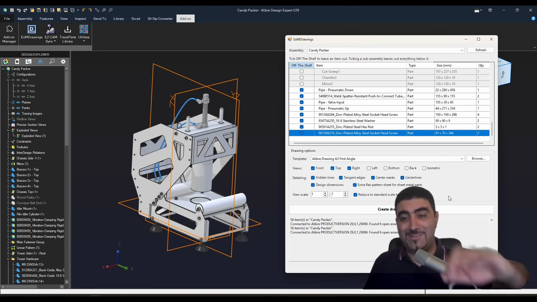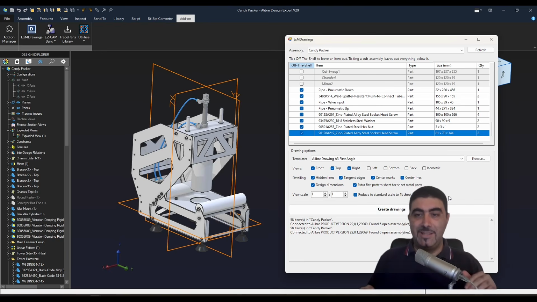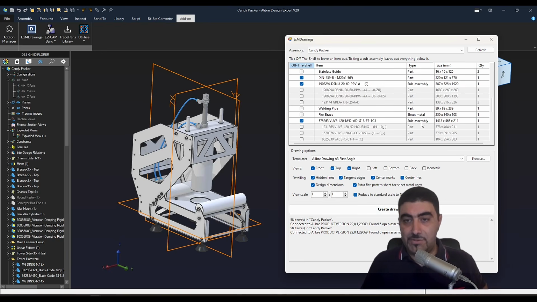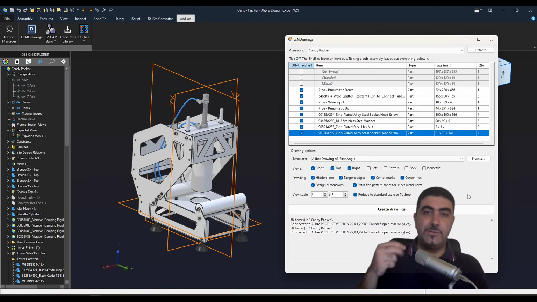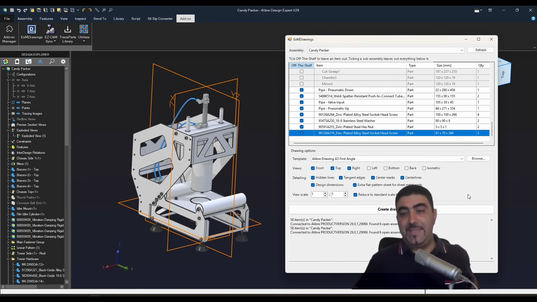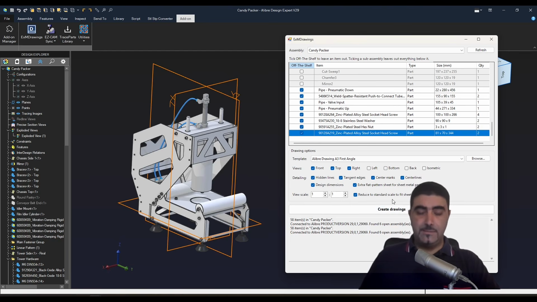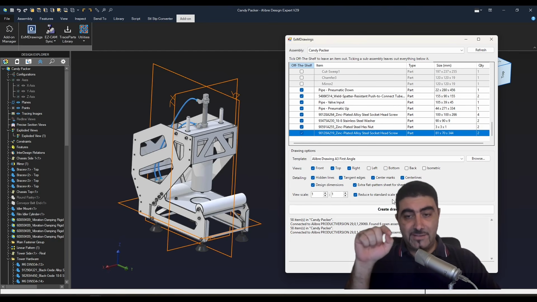Extra flat pattern sheet for sheet metal parts. So if a part is sheet metal, it acknowledges it here. You see, it says sheet metal. So for that part, it's going to create 2 different sheets, one with a 3D view, one with the flat pattern, completely automatically. And the other part that I really like, view scale 1:1, and then reduce to standard scale